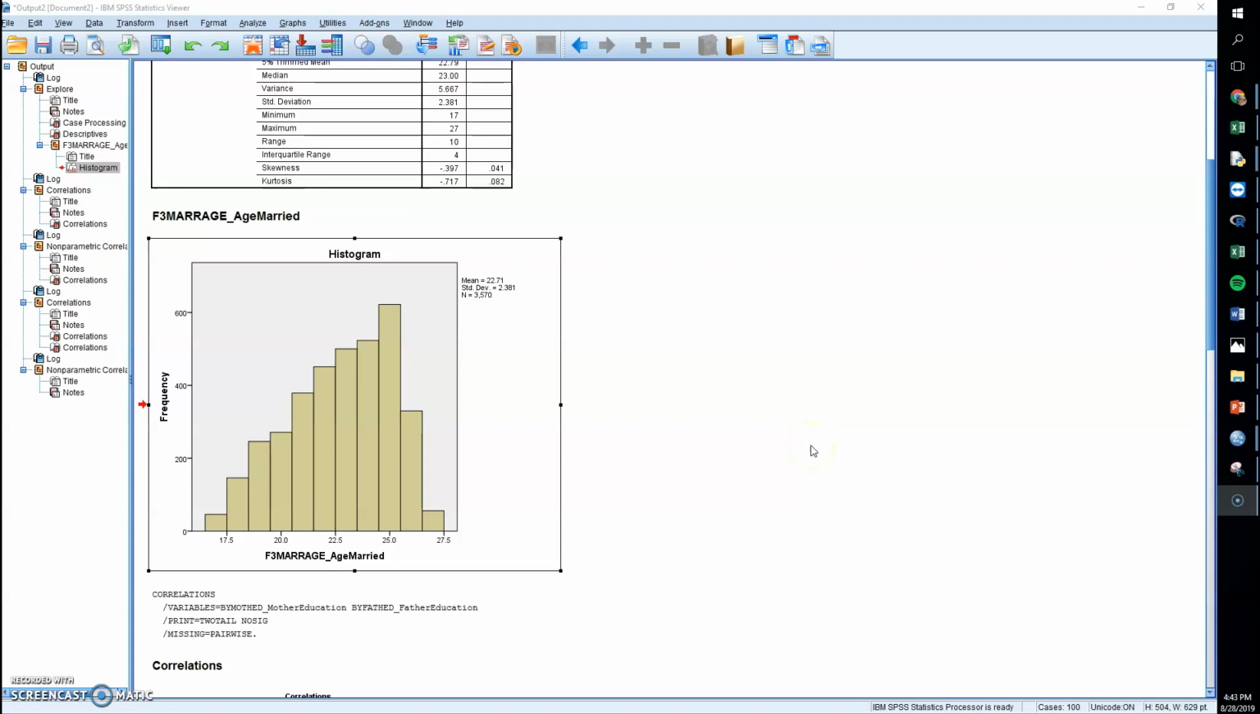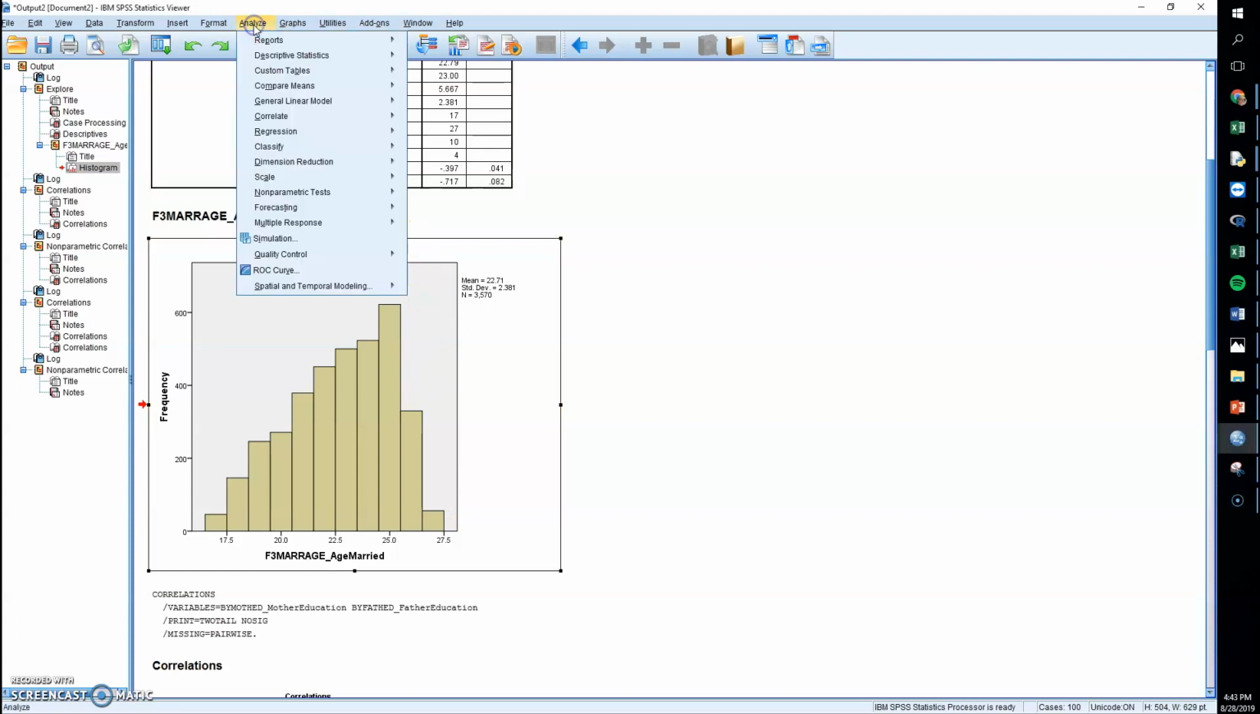So I've looked at the distribution of urban, rural, suburban, and I've also looked at the distribution of age that students got married at. What's much more interesting is when I combine the two of these. And so to do that, I'm going to go to Analyze and then Descriptive Statistics, and then I'm going to